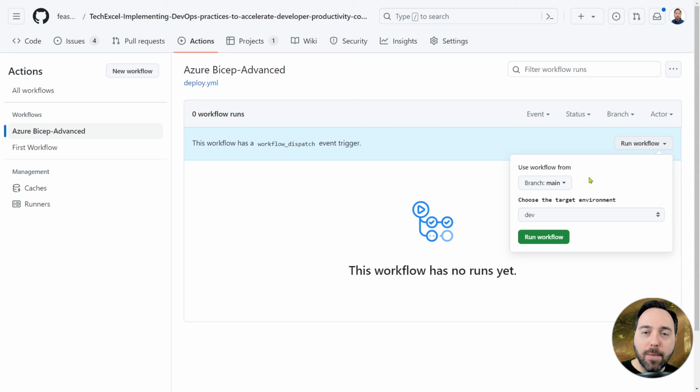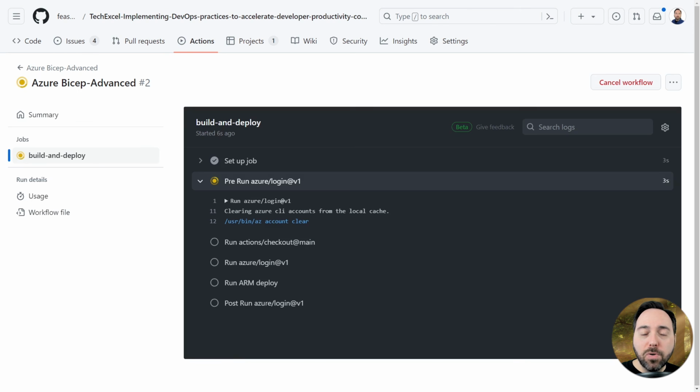The second dropdown is new to us, and it asks me to choose the target environment. We can see in the list that I have dev, test, and prod options. I'll start with dev and select Run Workflow. This will kick off the GitHub Actions workflow, send dev as the environment, and execute the Bicep script to deploy